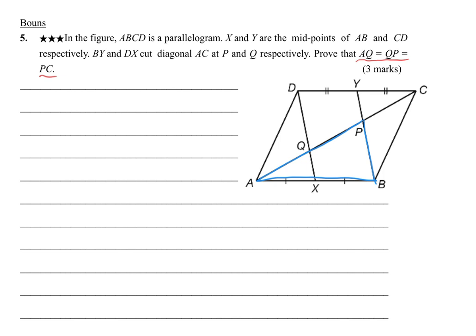and if we want to use this triangle to find that AQ equals QP, it's quite similar. We may need to know that QX is parallel to PB. So as a result, we should try to prove that DX is parallel to YB. So it may be the best way to solve this problem. If you want to prove that DX is parallel to YB, here I suggest one way: we should try to prove that the